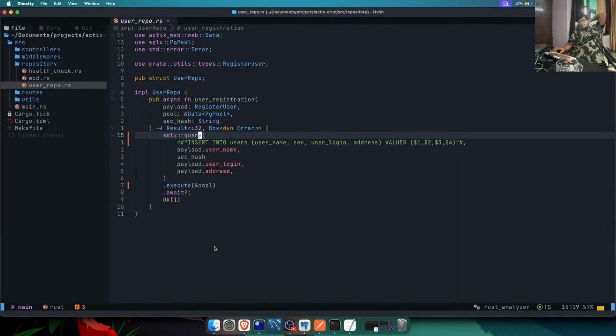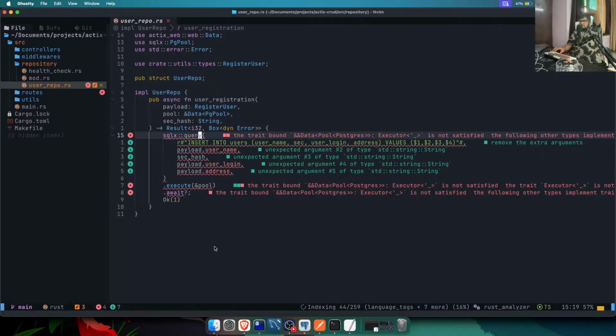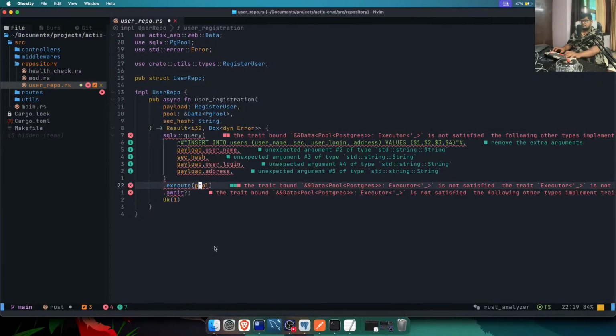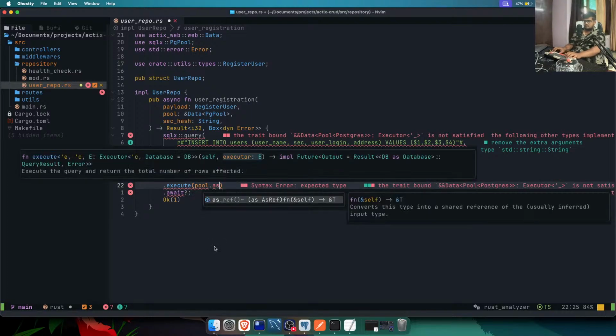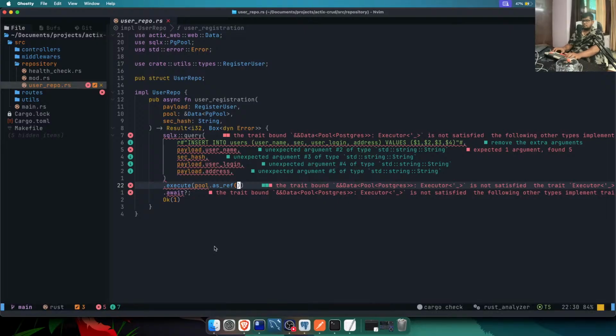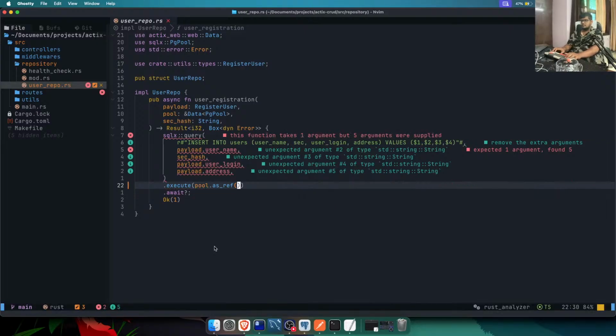So expected argument, remove the extra argument. Okay, now it says remove the extra argument,